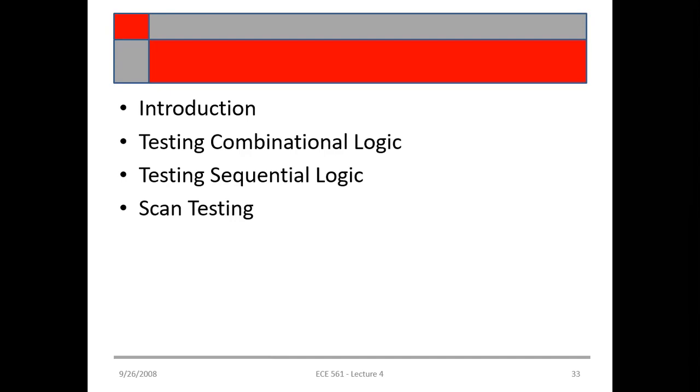So we attempt to test the circuit using the reset signal, which puts it into what is known as the initial state. If we test using the reset, the circuit is at the initial state, and we apply a test sequence and observe the output sequence.